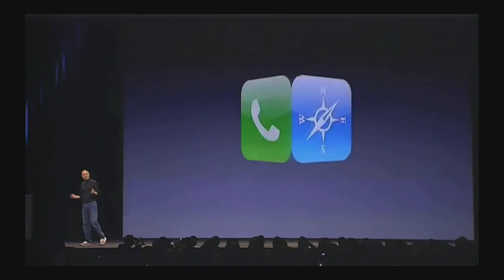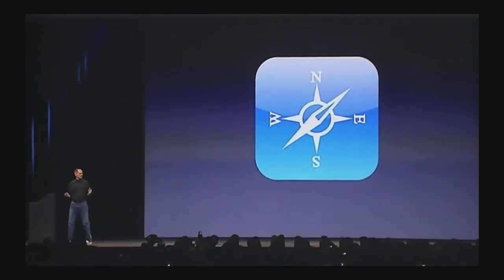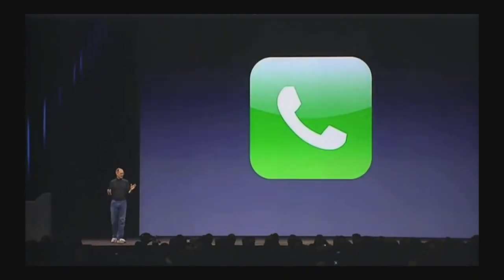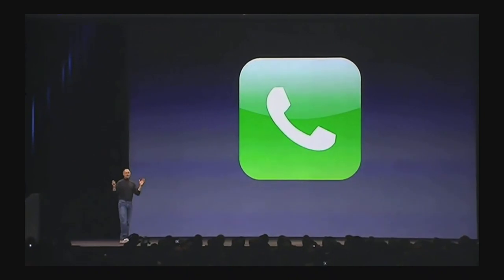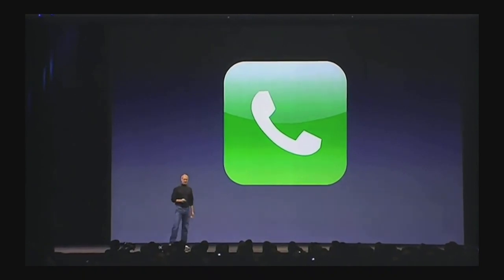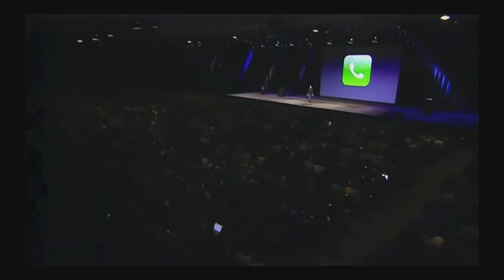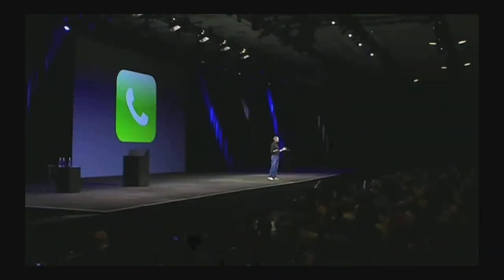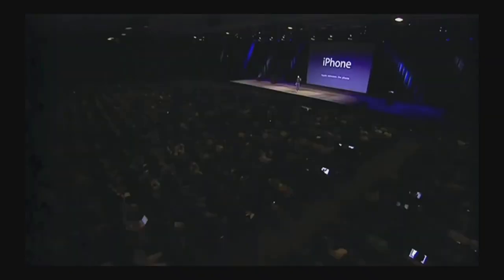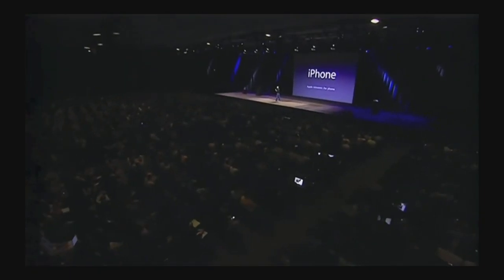An iPod, a phone, and an internet communicator. An iPod, a phone. Are you getting it? These are not 3 separate devices. This is one device. And we are calling it iPhone. Today, Apple is going to reinvent